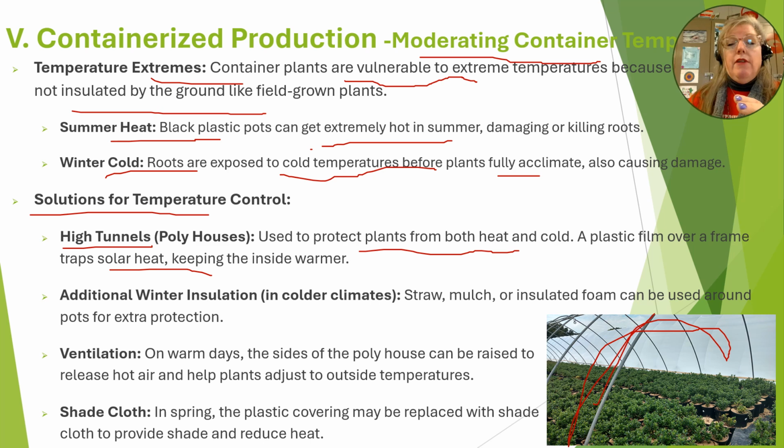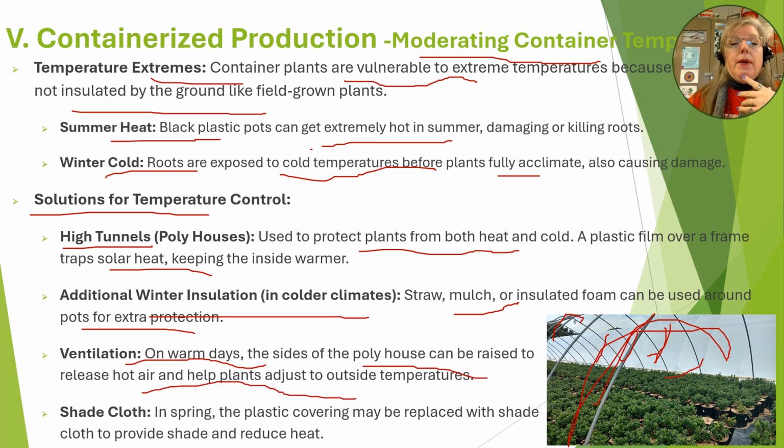You put this plastic film, and the sunlight comes in here, warming up the little garden area. And in winter and colder climates, you can also use straw or mulch or insulated foam around the pots. And then for ventilation on warmer days, you're going to pull up the sides or the top of this thing to let the air come through to release any hot air that's built up, and it helps the plants adjust